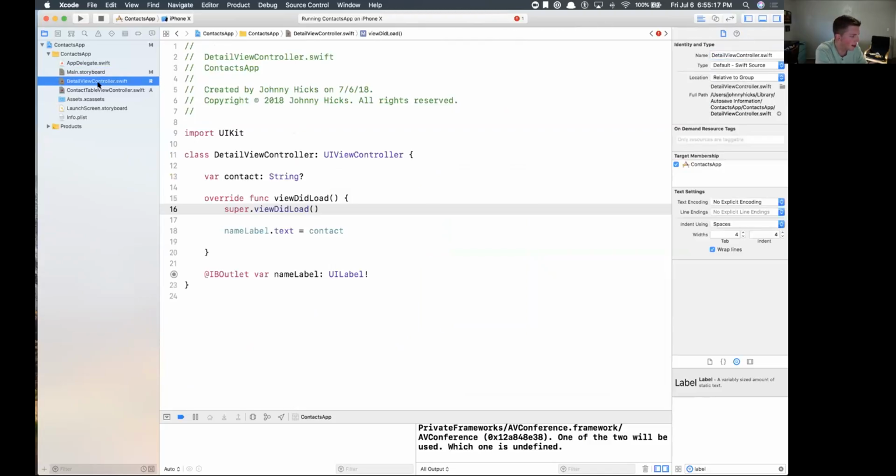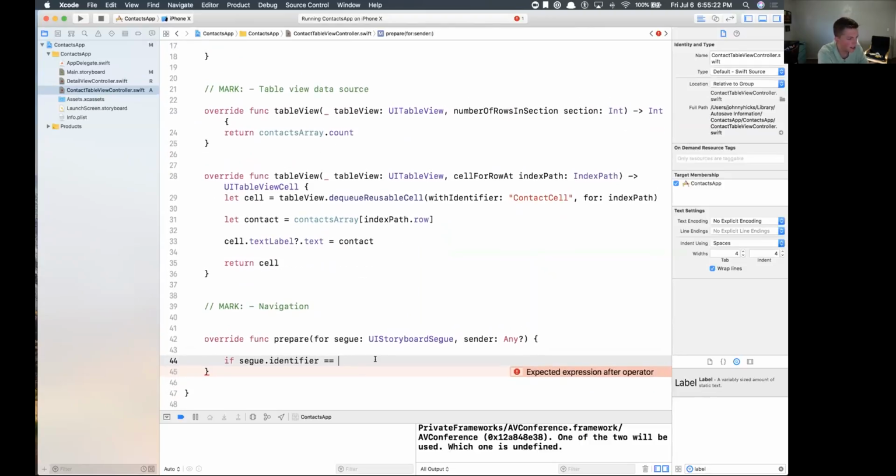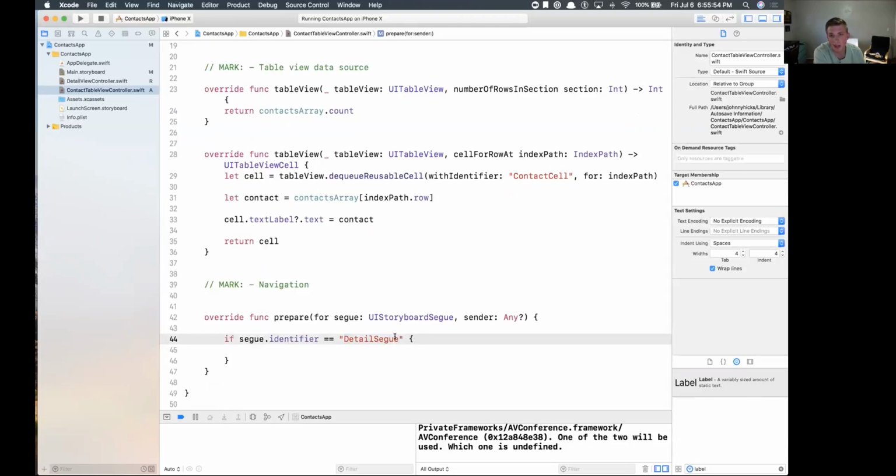And go back over to your table view controller, and then let's go back to this prepare for segue method. If segue.identifier, so the identifier that we just set, is equal to detail segue, so make sure that we're calling in the right segue, then what do we want to do? Well, first we need to create an instance of our detail view controller. And because a segue could lead to something or it couldn't, like say I put detail segue 2, that might not exist, right? And so we actually need to unwrap